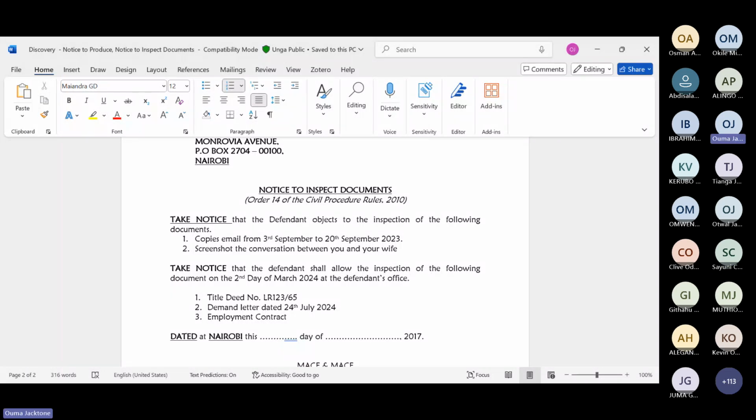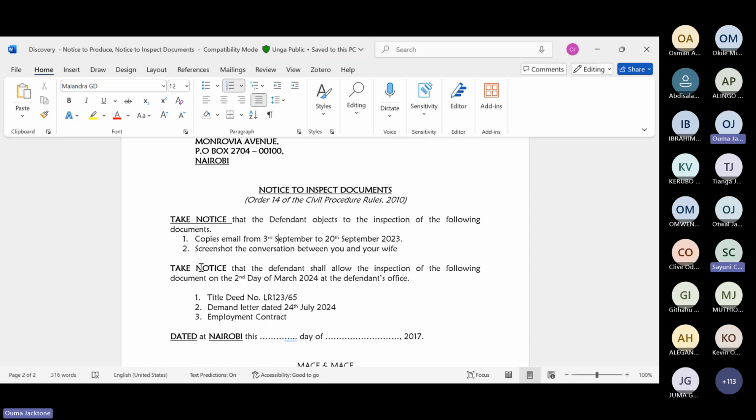So you go to court and you make an application and you ask the court to compel him to produce. Of course your grounds are usually very obvious: that those documents are relevant to the suit and you want them to be produced, and that the defendant has refused to produce the documents for inspection. You only pray for one thing, that the plaintiff or the defendant be compelled to produce the following documents, and you pray for costs, and then your grounds, and then you write your supporting affidavit.